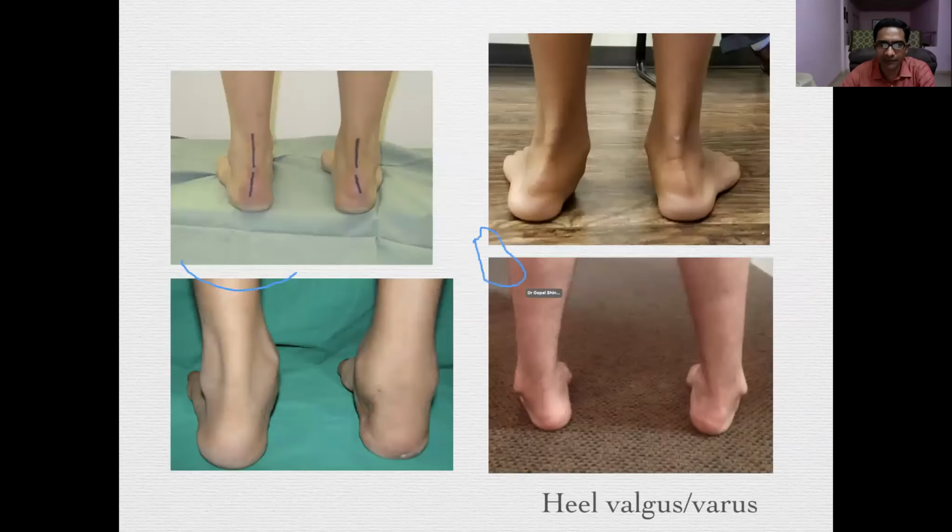Again, coming to the heel, heel valgus and varus, you should be able to describe. You can see how the heel is going outwards and inwards in the respective conditions. Sometimes, especially if the foot is swollen, it's good to draw lines on the center of the tendo Achilles and the heel bisector and see the angle. And remember that normally we have that little bit of valgus, just like the knee, the hind foot is also in a little bit of valgus. A little bit of valgus is tolerated, and varus at the heel usually is very symptomatic.